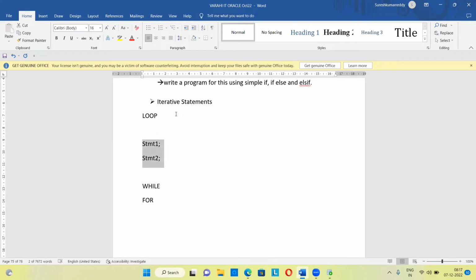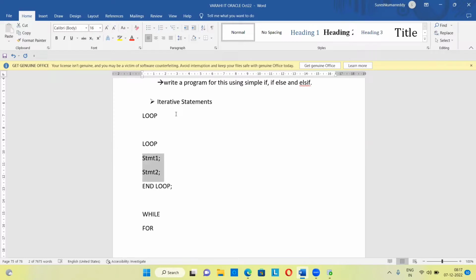But instead, I'm simply writing this inside the loop. I'll write the loop, then these 2 statements after that, and the end of the loop. That's it. But what you need to do extra is, otherwise it will not come out, it will keep executing